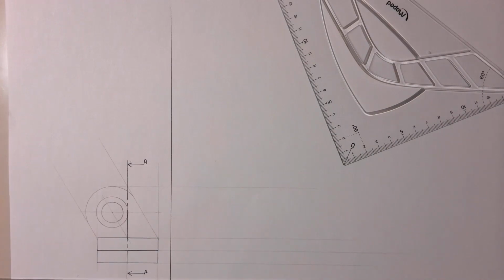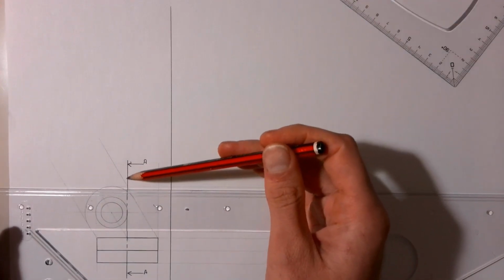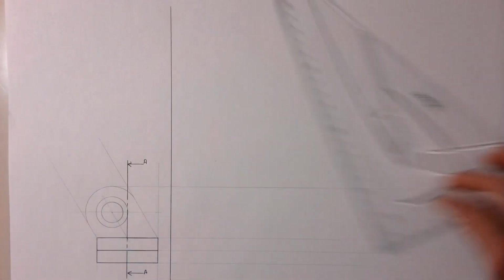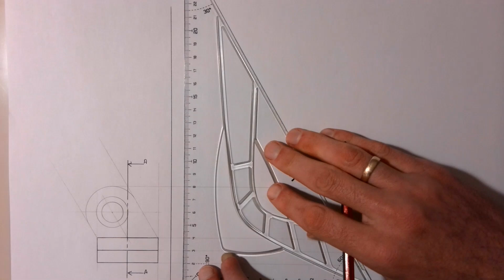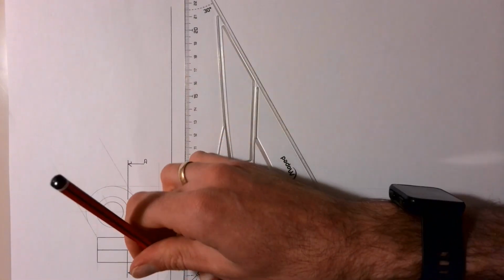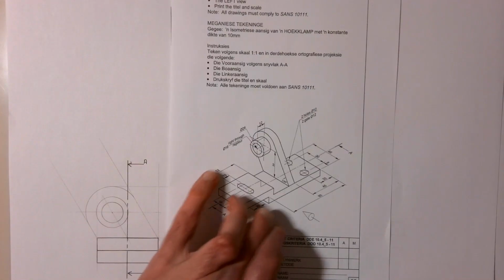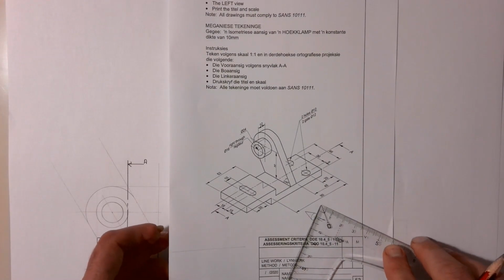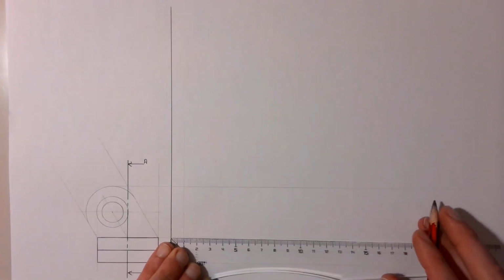Okay, so if we then go and project across, we'll see that the actual height of what we're going to have left will be that line up top there. Okay, we can go and measure our 10mm gap across over here, and go and draw in that, so we've got our 10mm spacing still. And then we know that the full length of our front view is what meant to be, if you have a look at that, it's 52 across with a 10mm gap and 90mm across. So 42 plus the 90 will give us the total length across, which is 132. So I'm going to measure that 132 across here